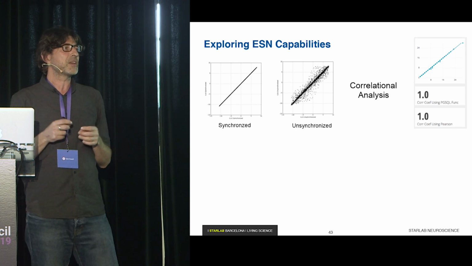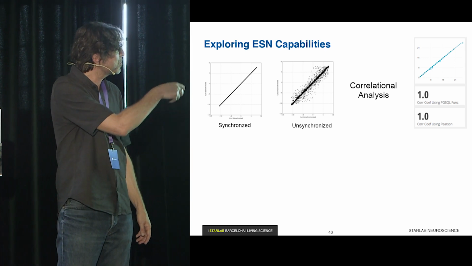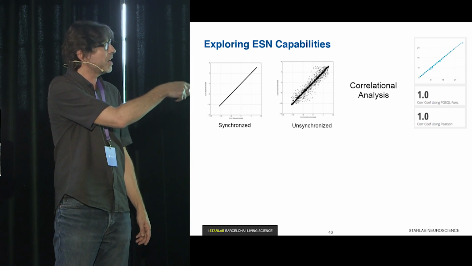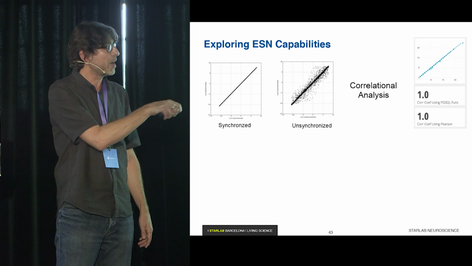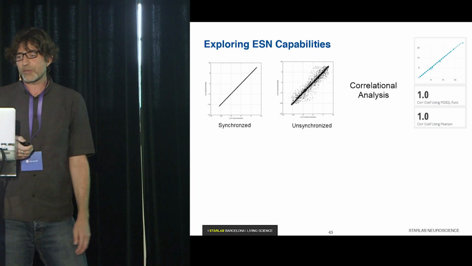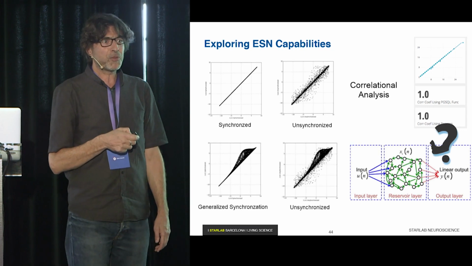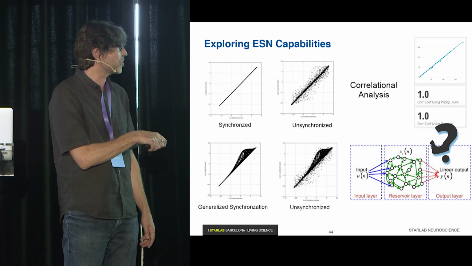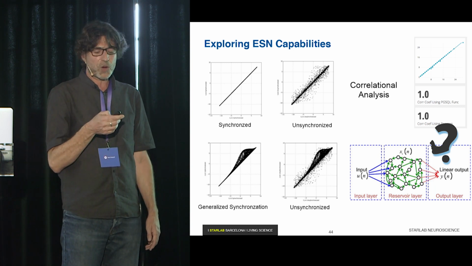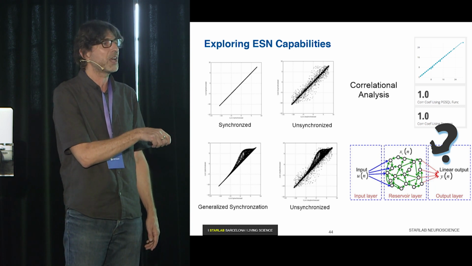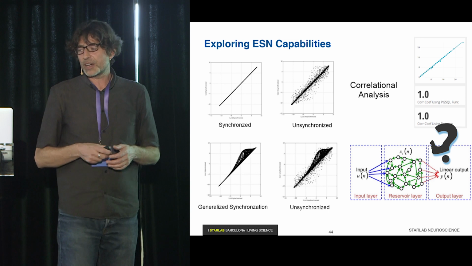If you have 2 linear systems coupled linearly, what you will find is synchronized systems. So this would be one variable, the other variable. The relationship is linear. Then you can apply correlational analysis, and it will deliver a correlation coefficient. But if you have 2 coupled chaotic systems, you have another type of synchronization, which is called generalized synchronization, which delivers such a form. This will be one variable, this will be the other one. And the question in all the work was, can we use this type of recurrent neural network to characterize 2 chaotically related time series?